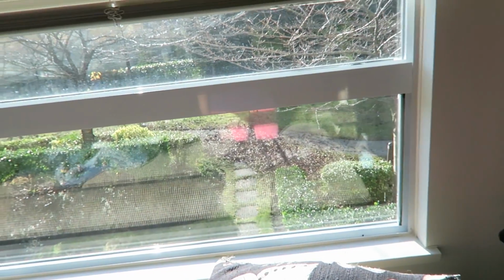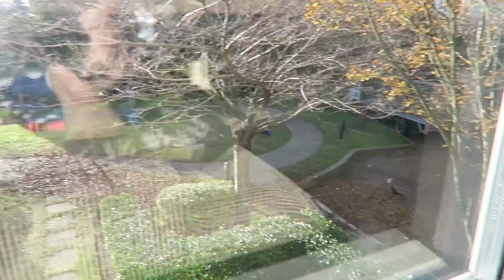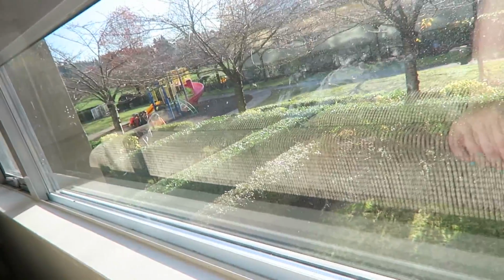Whoa, where'd all those leaves come from? I was looking out here before and I was like, there's hardly any leaves. What are they gonna do with their leaf blowers? Yeah, I guess maybe they were all in the bushes. Hello. Anyway,